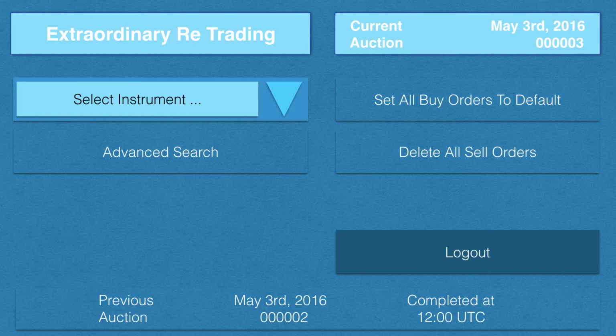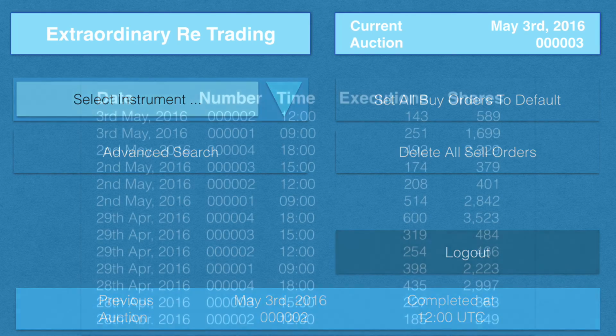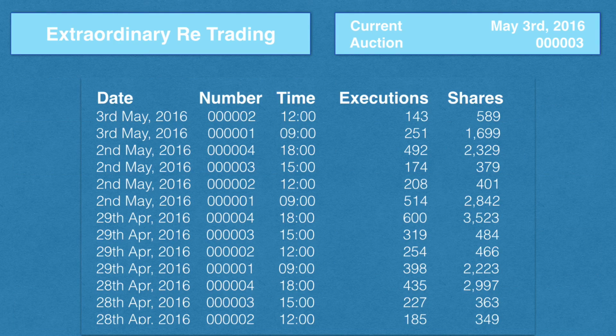First of all, the current auction sign at the top of the screen now says auction number 3 for the 3rd of May. So the third auction is now up and running. And also see that the previous auction panel at the bottom of the screen now says May the 3rd 2016 number 2 completed at 12 UTC. This reflects the auction has completed, and if we tap that panel then we will see that we bring up the auction history screen, which shows all of the auctions going back at the moment to the 28th of April,